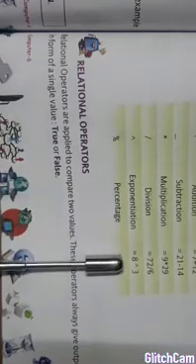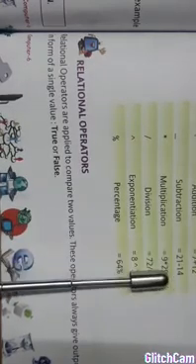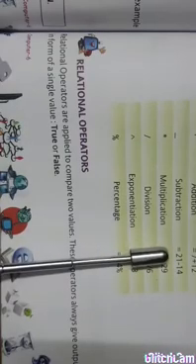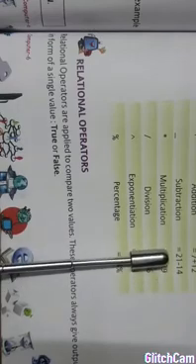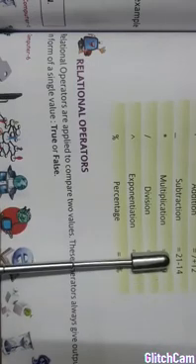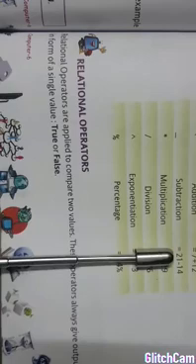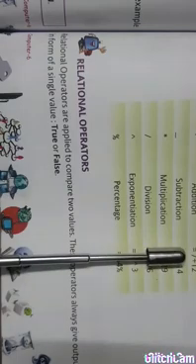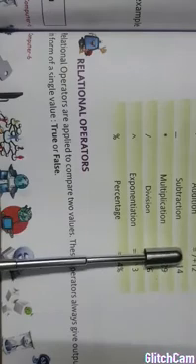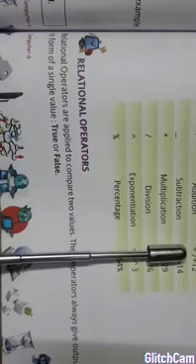Like there are two numbers here, you can see 21 and 14. If anybody asks whether 21 is greater than 14, you will say yes or no. The answer is no, 21 is lesser than 14. In the same way, is 7 bigger or smaller as compared to 12? We will say no, 7 is lesser, smaller.